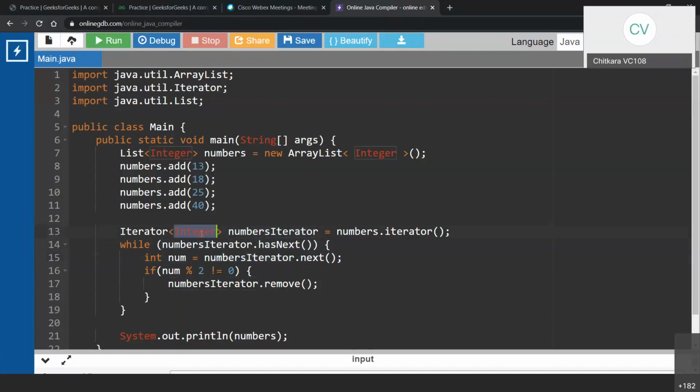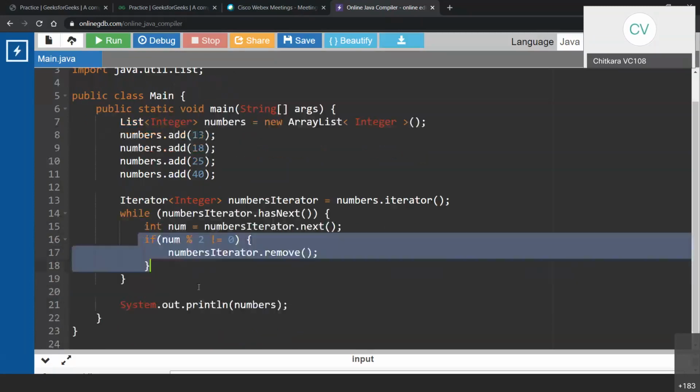And I also told you that if my left hand side is an int number, that means this Integer object is assigned to an int. That means an unboxing operation is taking place. An unboxing operation is taking place. This is straightforward.